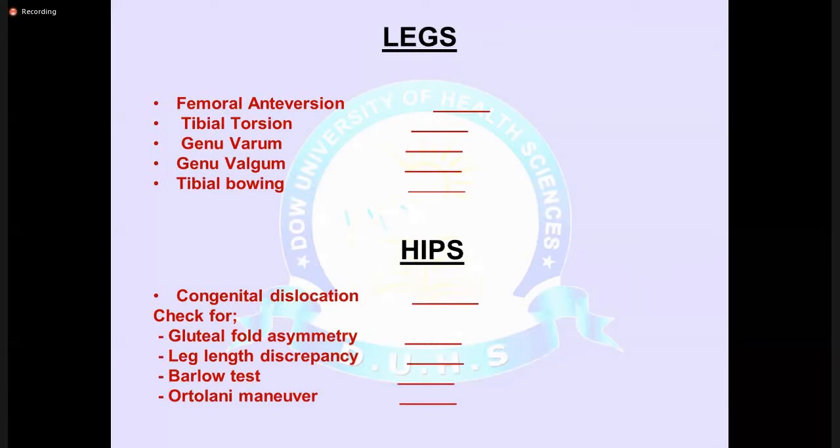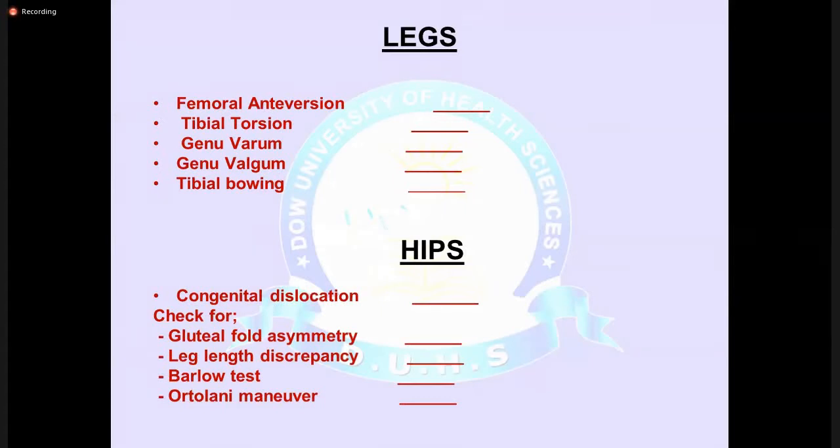And check the leg for any bowing, femoral anteversion, tibial torsion, genu varum, and genu valgum. Genu valgum is known as knock knees. Both knees are joined, and in genu varum, the space in between these two knees increases, and there is tibial bowing. So these abnormalities you can see in newborns and children, mostly patients with rickets. And if parents ignore their baby and they come with late findings, you may find these problems in the